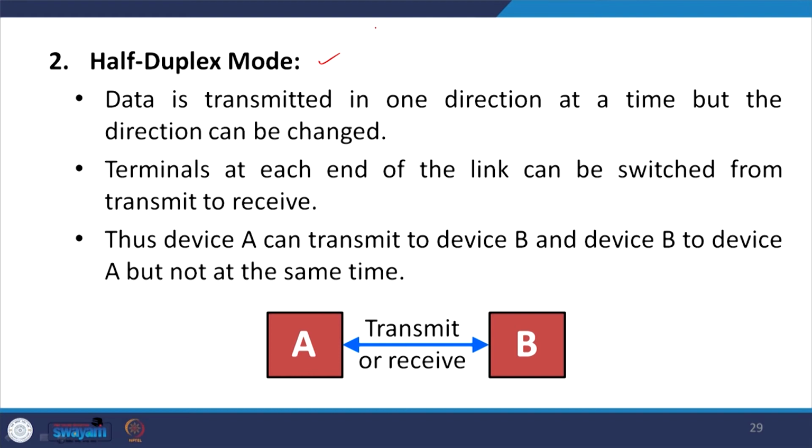So, here the data is transmitted in one direction at a time, but the direction can be changed, and the terminals at each end of the link can be switched from transmit to receive. Thus device A can transmit to device B and receive from device B, but not at the same time. Basically it can do either transmit or receive, but both cannot be done simultaneously